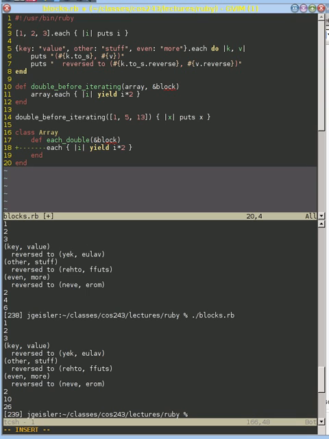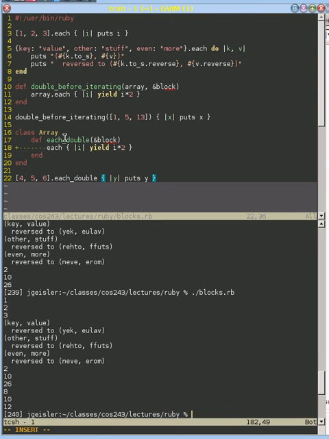So now we've modified array, and we can do this directly. Let's do it on 4, 5, and 6, each double, and go ahead and print out. I'll just do y just to make sure it's clear that it's completely separate from anything else we've seen before. And we can see 4 doubled, 5 doubled, and 6 doubled. And so we have now created a new iterator for our array class that doubles our values before we iterate through them. Like I said, it's kind of a nonsensical value, but it is a way for us to make